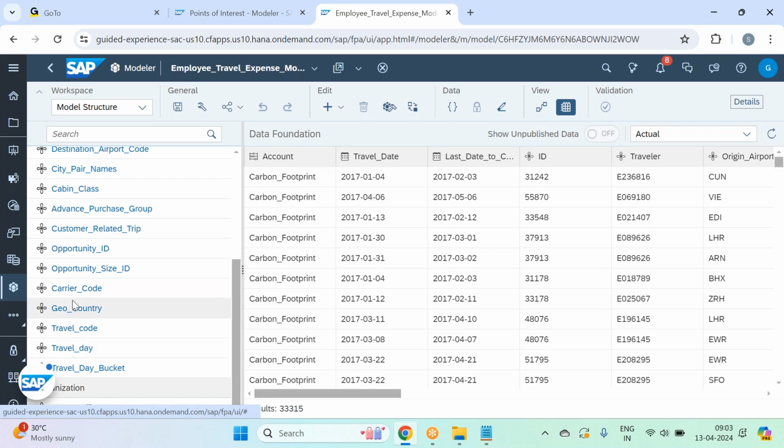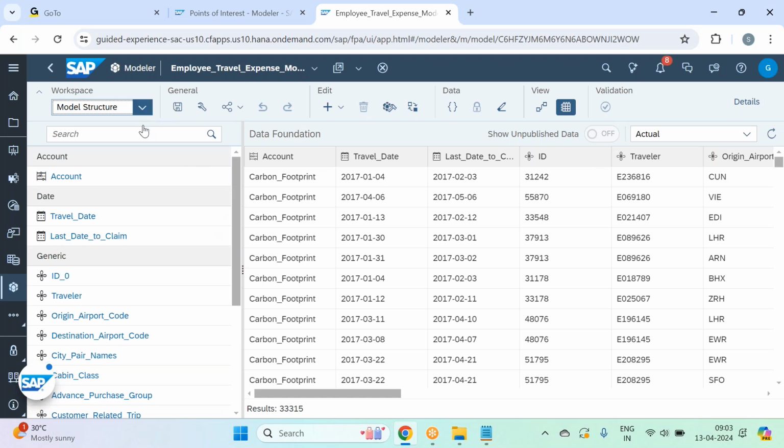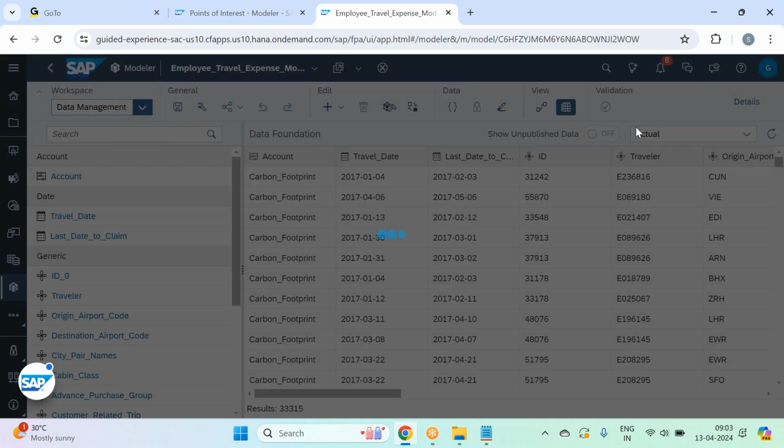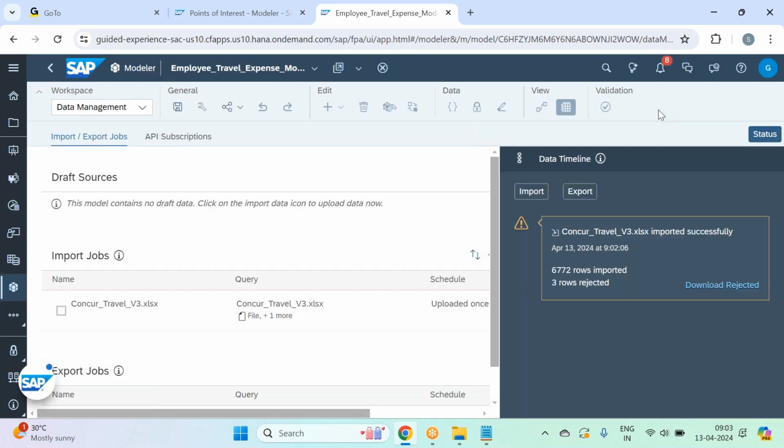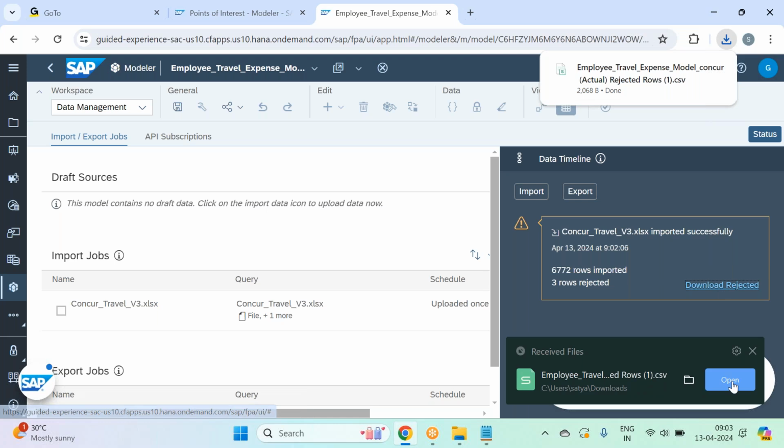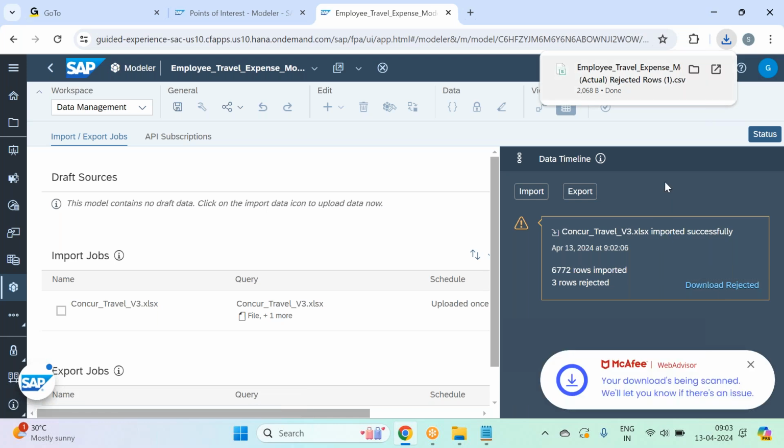Travel day bucket, travel day, travel code, geo country. This is all good. Go to the data management. We'll see the data also. Okay. So 6772 rows were imported. 3 were rejected. Why did it get rejected? If I open this,